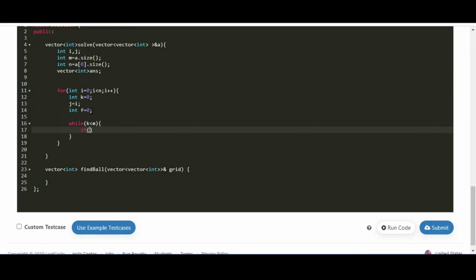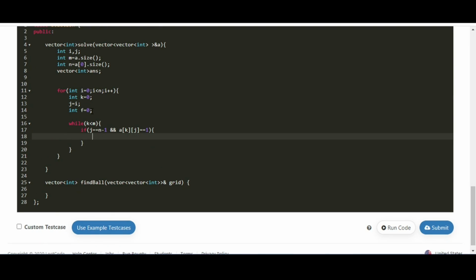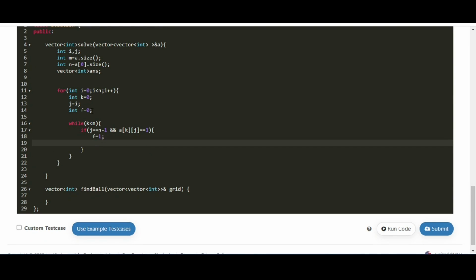So here we will add all the four conditions that we have seen earlier in the video, and we'll check whether that particular ball will reach the bottom or not. If any of these conditions get satisfied, it means that the ball will never reach the bottom.